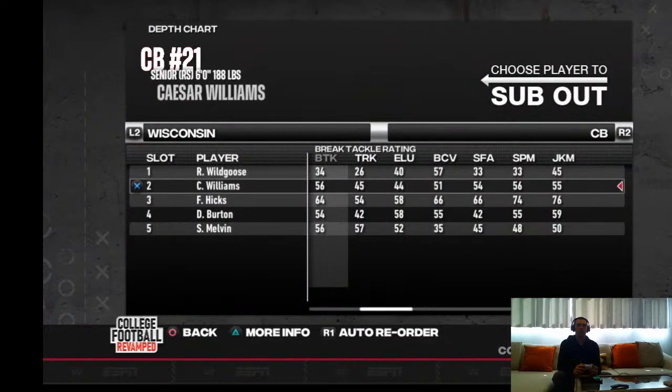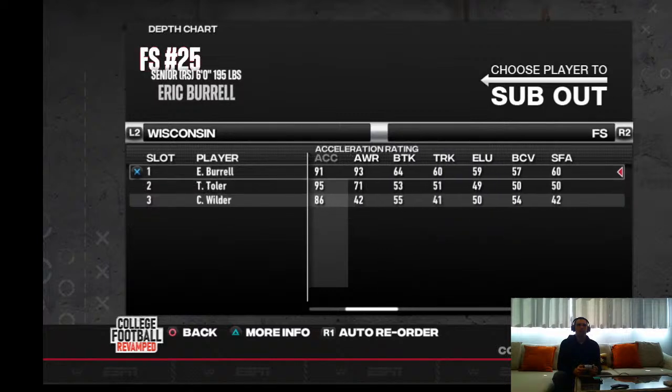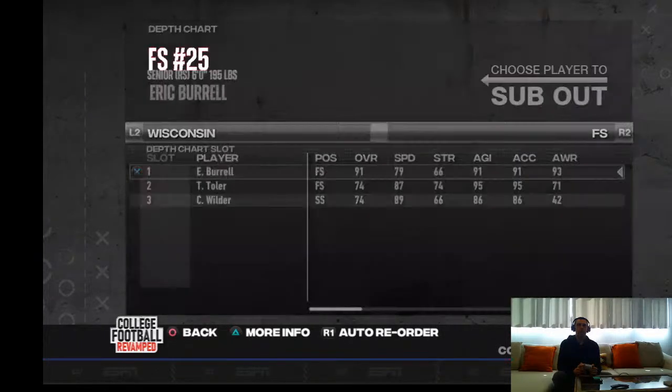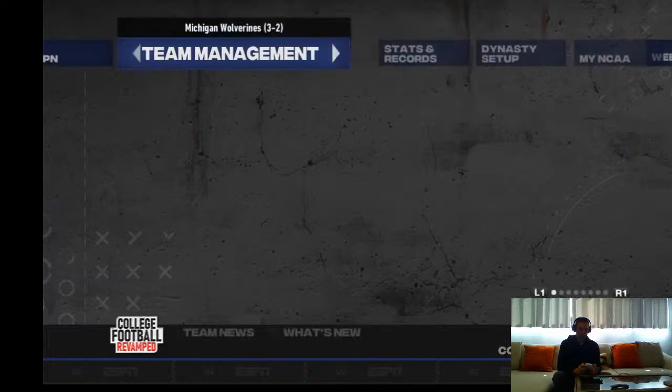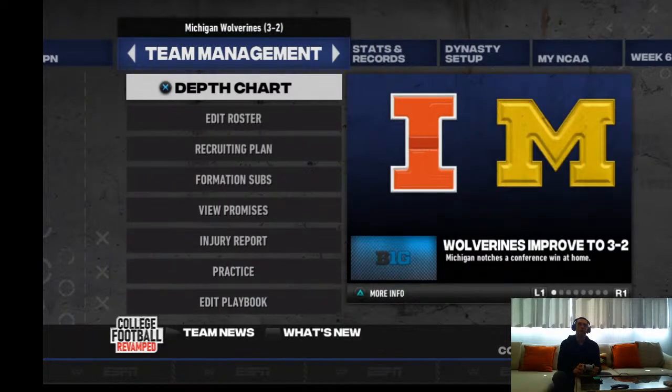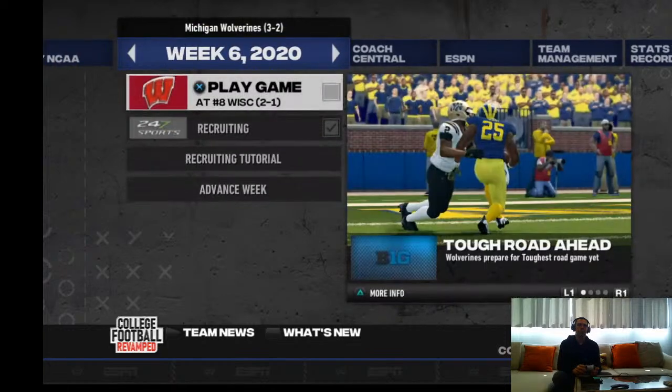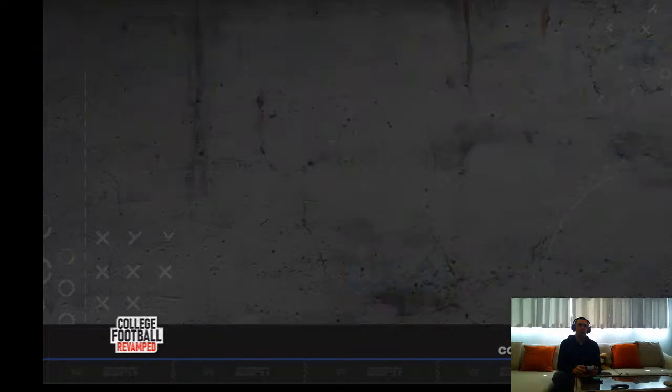Same thing, nothing crazy. Free safety, they have a very good free safety in Eric Burrell, and Scott Nelson at strong safety. So, all right. I think running at their defensive tackles is the name of the game there, seeing if we can open up the pass game a little bit with that. So that's the plan. Here we go.